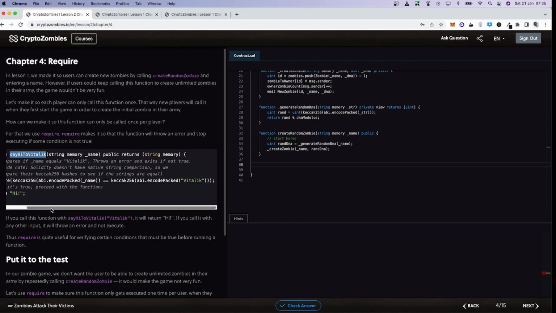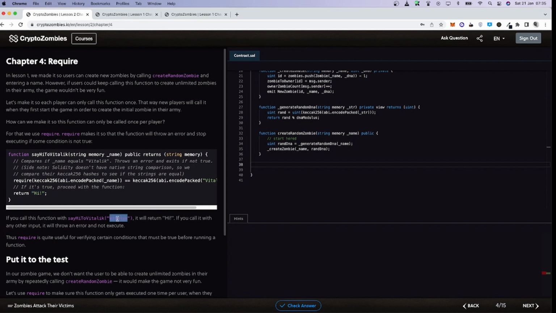Because the value of name here will be vitalic, and then vitalic will be equal to vitalic here. So this will evaluate to true, and then the execution will continue to the next line, and hi will be returned. But if you call this function with some other value as the parameter,